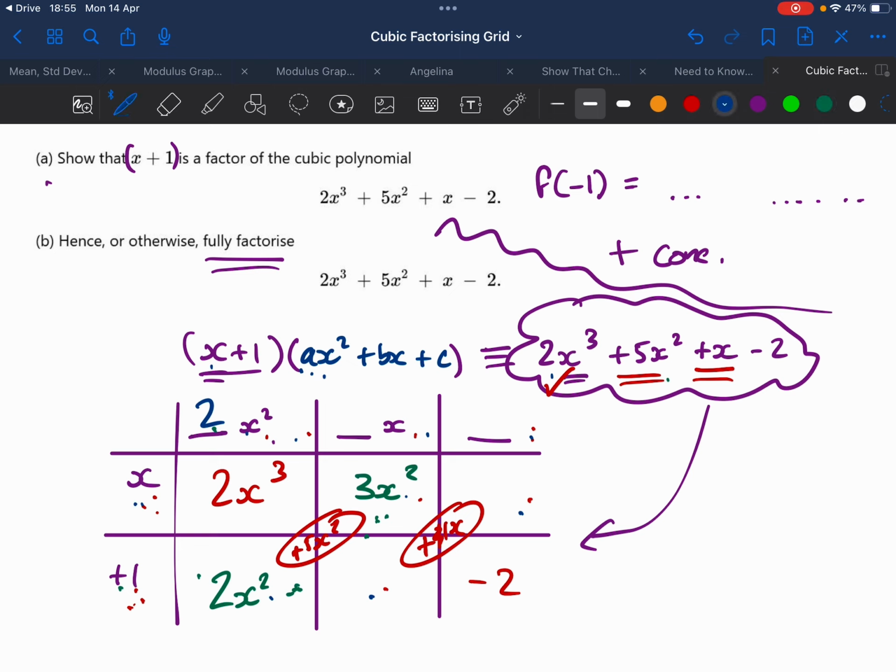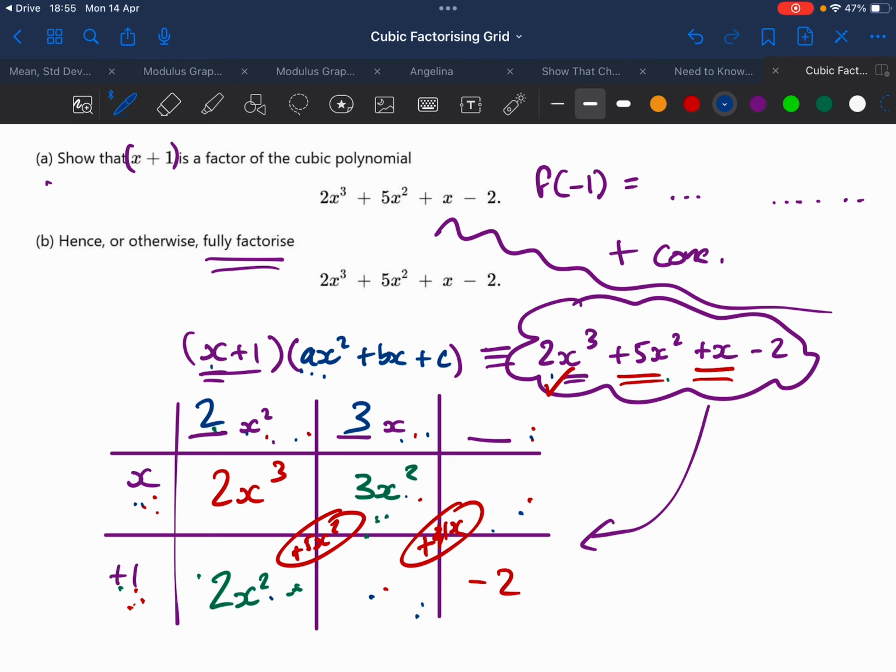X times how many x gives us 3x squared? Well, it's going to be 3x. Okay? And you could keep going through the diagram if you want, like that. Yeah, here would be our next bit, and then we would do this bit. But you can also work from